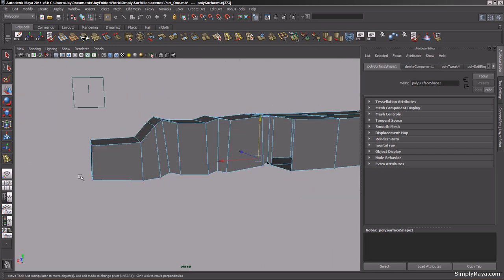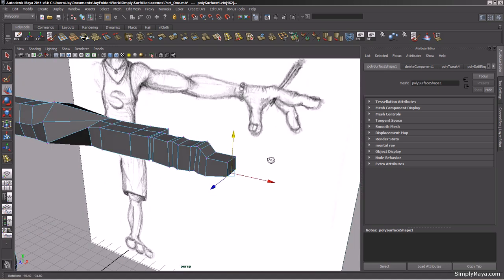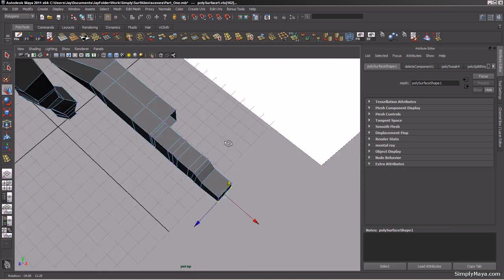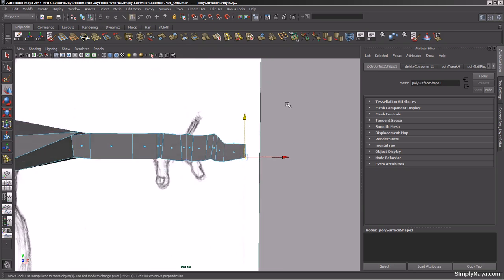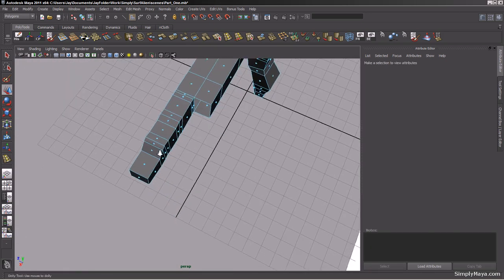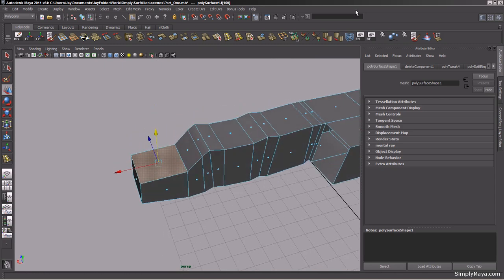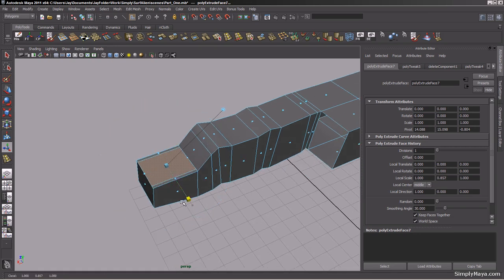Okay, and then let's just push that up a little bit more like so, and then what we can do is switch to our faces, and what we'll do, we're going to extrude the nail out just a little bit on this one. So we're going to extrude that, so there and there,